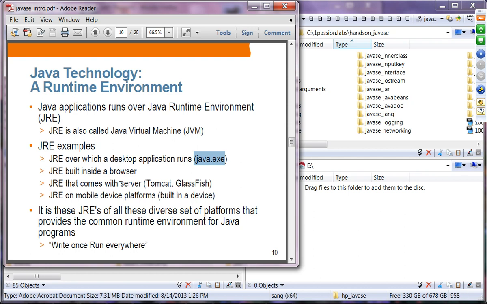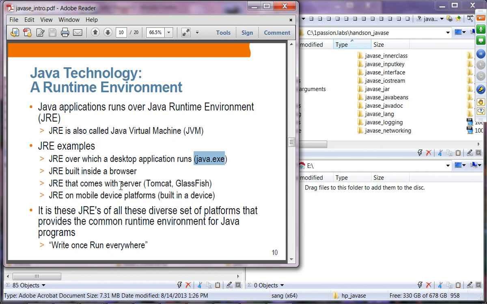So when you're running a Java EE application over Tomcat, it's running on top of the Tomcat Java runtime environment. Mobile devices: you could have mobile devices that contain Java ME. Java ME also has a Java runtime environment, so you can run Java ME mobile applications on those mobile platforms. These are the examples of the Java runtime environment.